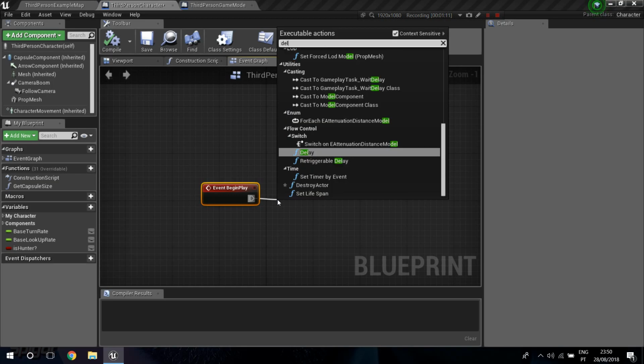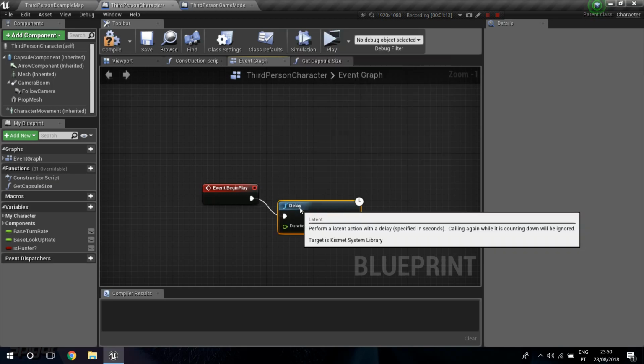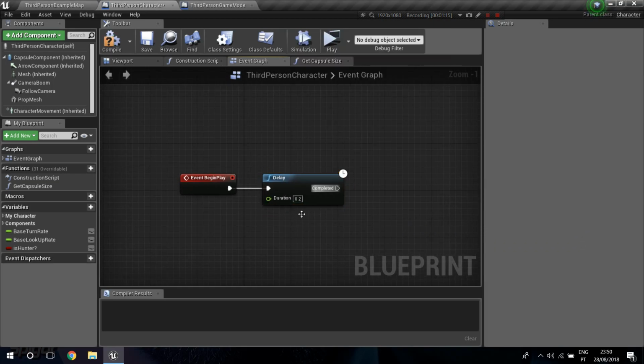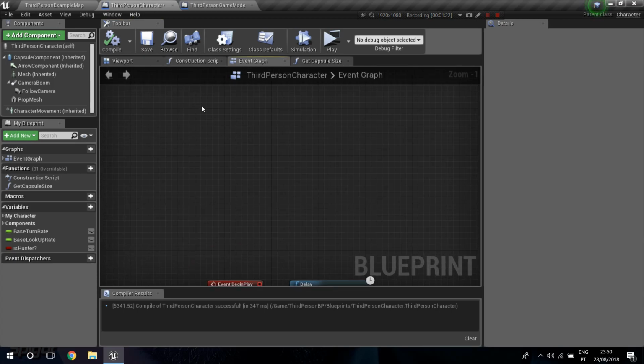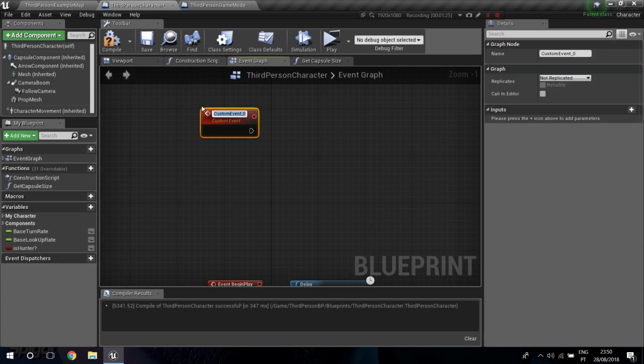create a delay. This delay I'm gonna make it, I don't know, 5 seconds, I guess. It's fine, and then I'm gonna create a new custom event. So I'm gonna call it client set hunter, I'm gonna say set hunter perspective,